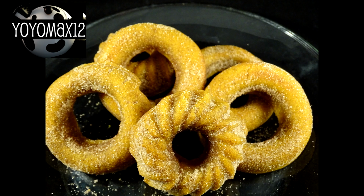Baked pumpkin cake donuts. Let's see what's cooking. It's time for